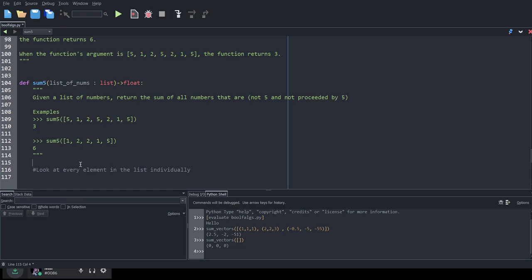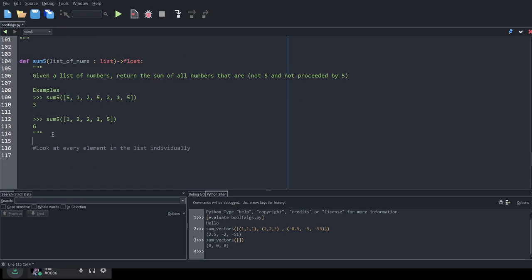So my idea for how to do this is, let's say we have a Boolean variable to keep track of if we're ignoring things into our addition or not. There are multiple ways that we could do this. We can do it with a Boolean flag, or we could do it by checking the thing immediately behind us.